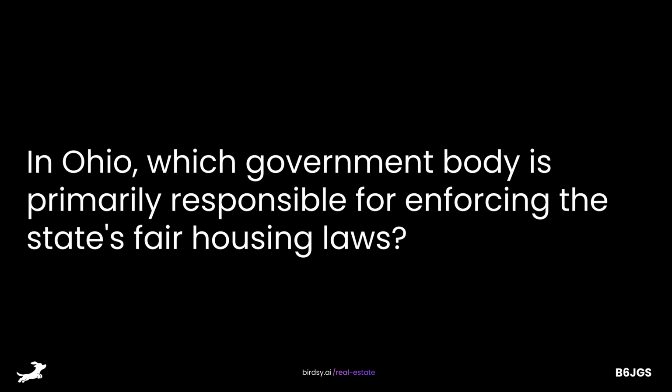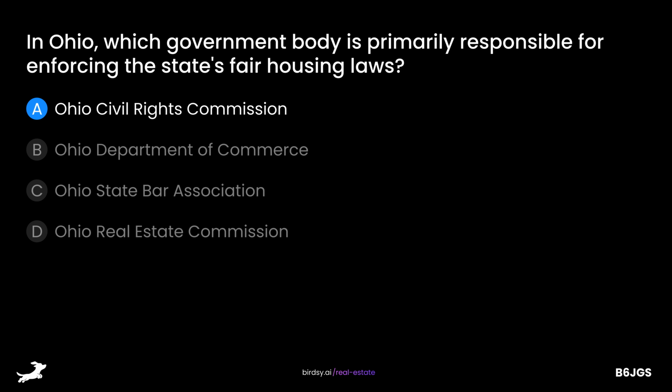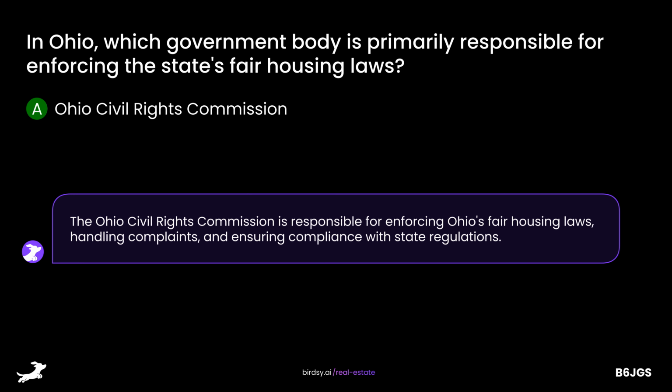In Ohio, which government body is primarily responsible for enforcing the state's fair housing laws? Is it A, Ohio Civil Rights Commission, B, Ohio Department of Commerce, C, Ohio State Bar Association, or D, Ohio Real Estate Commission? The answer is A, Ohio Civil Rights Commission. The Ohio Civil Rights Commission is responsible for enforcing Ohio's fair housing laws, handling complaints, and ensuring compliance with state